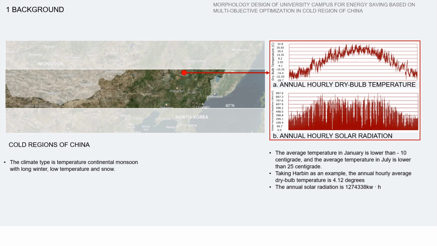The climate of the northeast area of China between 40 to 45 degrees north latitude is cold with a long winter. The average temperature in January reaches 15 to 30 centigrade below zero. It has a heating period of nearly half a year, so energy saving design of buildings has become an important